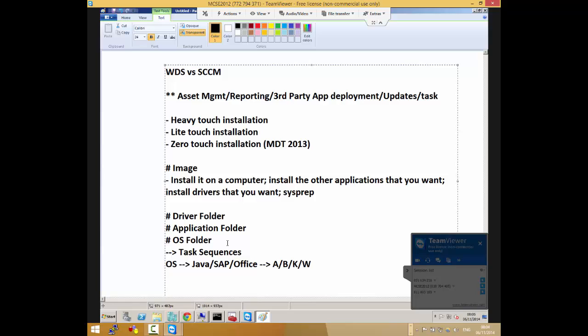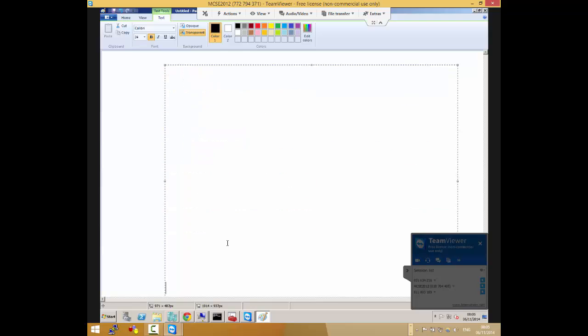But here's the good thing: Microsoft has included this. Many people have a problem because it's not widely deployed. But I don't have a problem with that, because the concepts that we learn in WDS still carry over into SCCM. Once you understand the concept of automated operating system deployment, you understand the concept of automated application deployment or automated client management. Once you get the foundation, it carries over into other technologies that you'll be using. So I have no problem with Microsoft including this in 7411 for us to deploy.